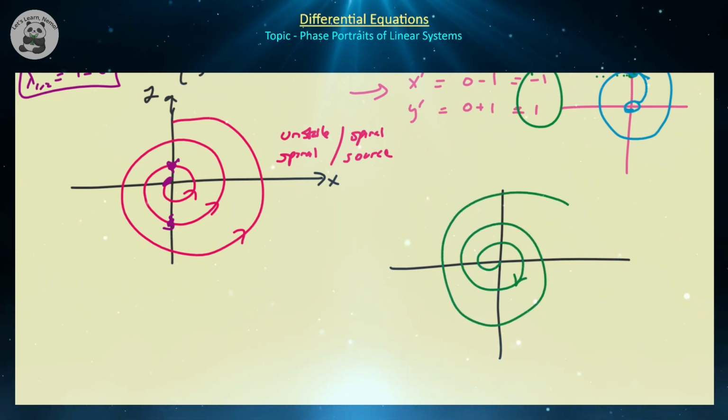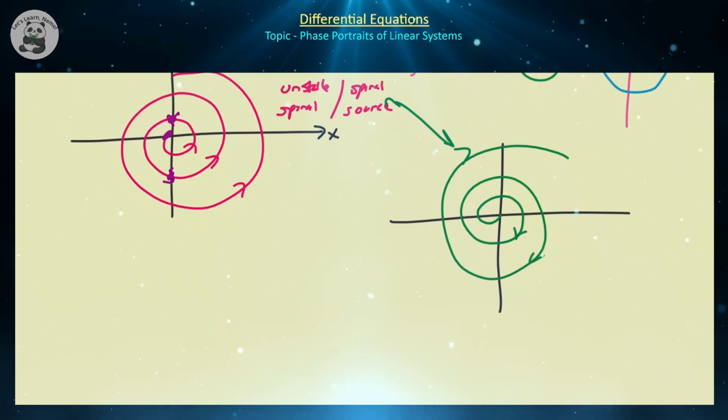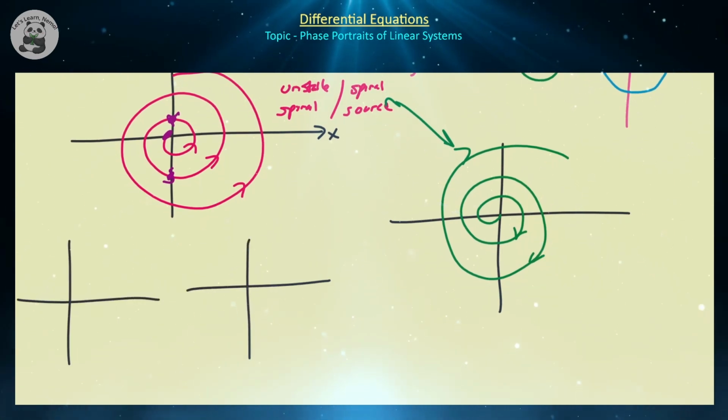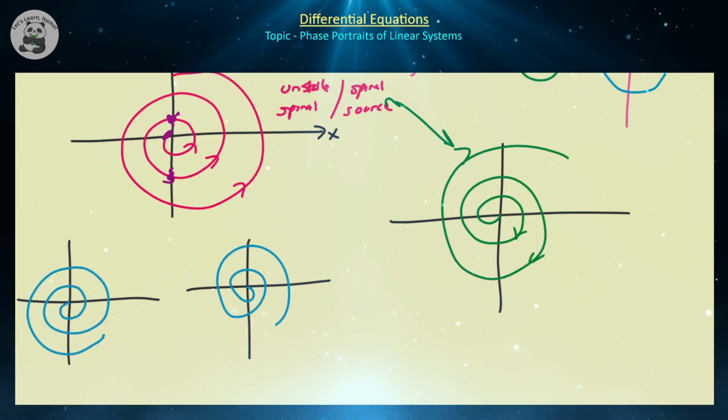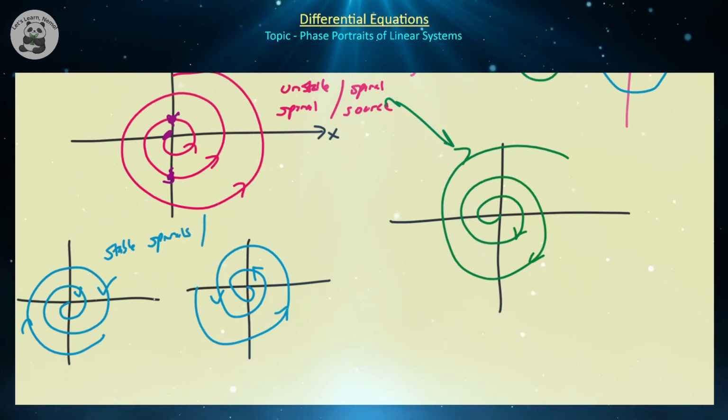situation. Again, let's assume that our velocity vectors are going outwards. That would still be an unstable spiral or a spiral source. And what happens when you have the other directions? Could you have this picture or this picture where instead of going outwards, we're now going inwards? So inwards, right? In this case, yes. So these pictures will be referred to as stable spirals or spiral sinks,